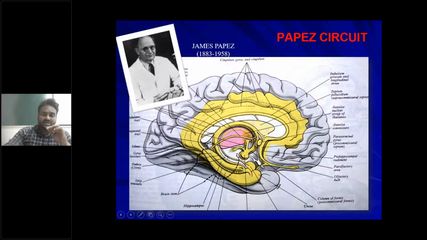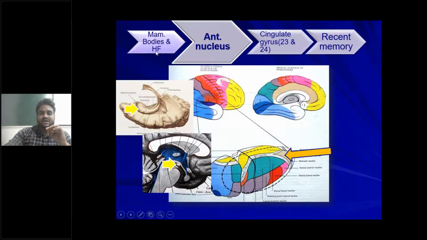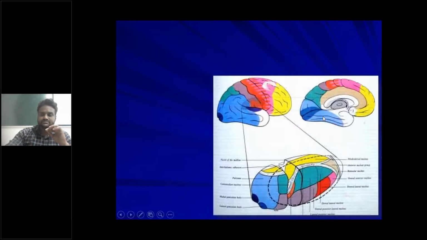So regarding the thalamus, the anterior nucleus of the thalamus receives the fibers from the mammillary body and hippocampal formation, and it gives efferent fibers to the cingulate gyrus of the medial frontal lobe. Okay, and to form the circuit, this is the Papez circuit, concerned with permanent long-term memory. So this one is called the Papez circuit, and it is a very important short notes question. Now we come to another connection of the thalamus, another nuclear connections.